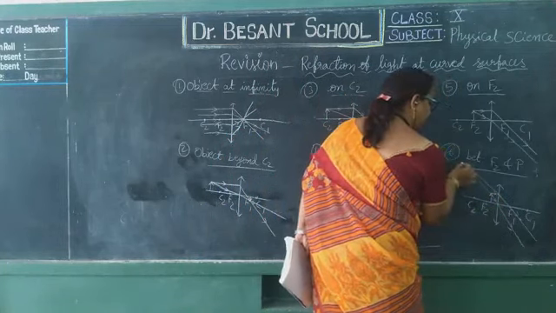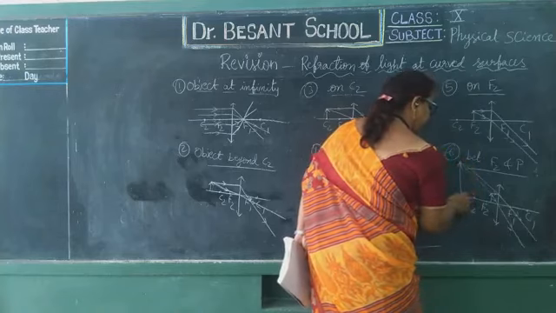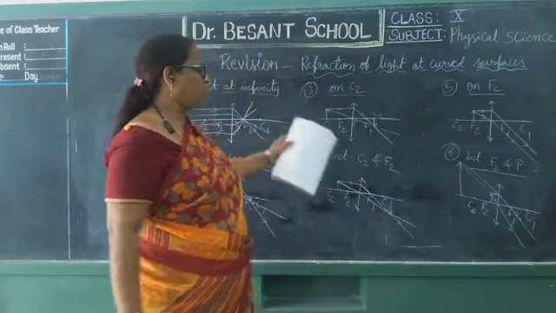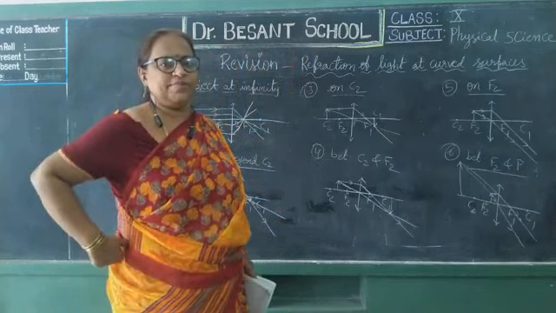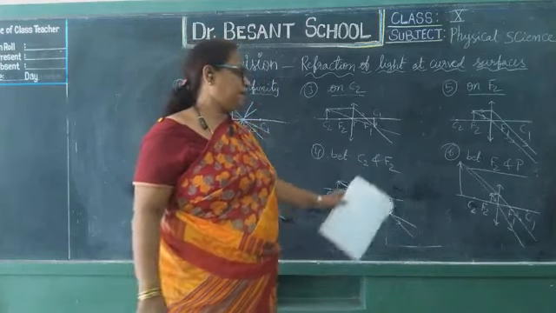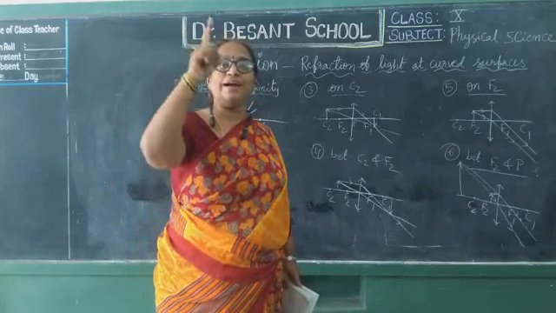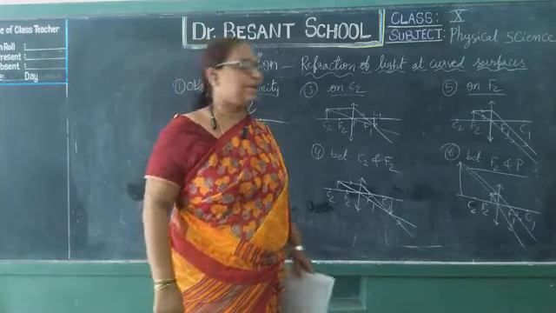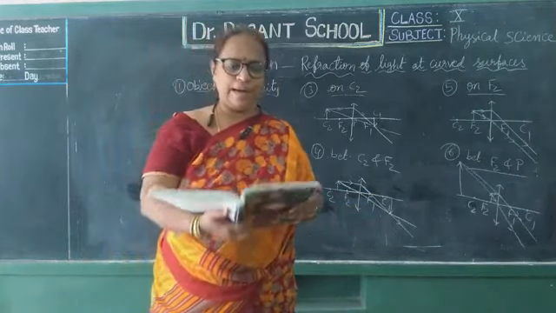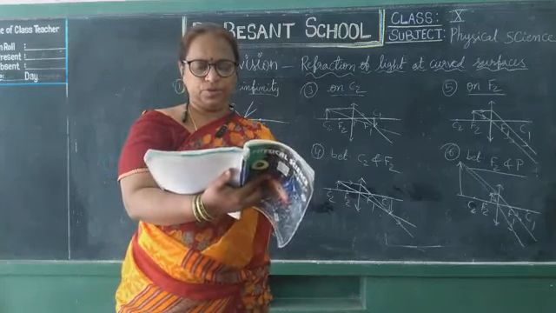You extend both the refracted rays backwards, then they will meet at a point and the image will be formed here. What type of image? It is a virtual image. For all the other cases, the image formed is real, but when the object is between focus and pole, optic center, the image formed is virtual and erect. Virtual, erect and enlarged. A big image is formed. That's why these lenses are used by ENT specialists. Okay, and even in telescopes this will be used.